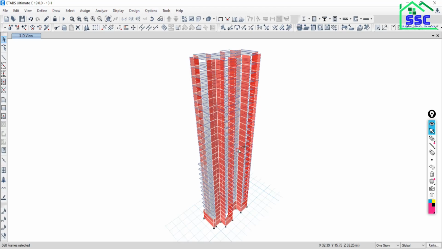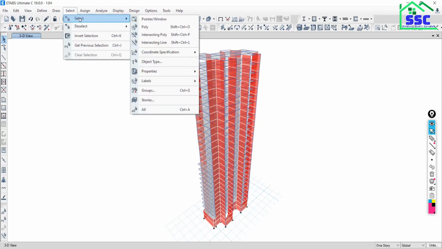Now next, I just want to see only the columns in view. I don't want to see the slabs, I don't want to see the shear wall. I just want to see only the columns, complete columns from top to bottom. So first I have to select the columns.